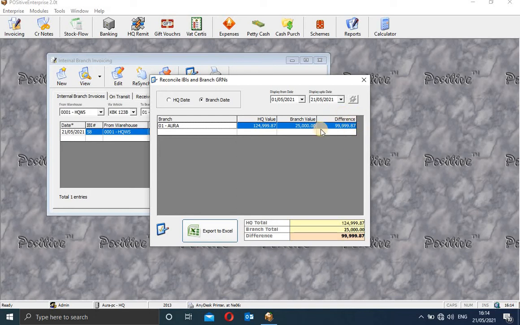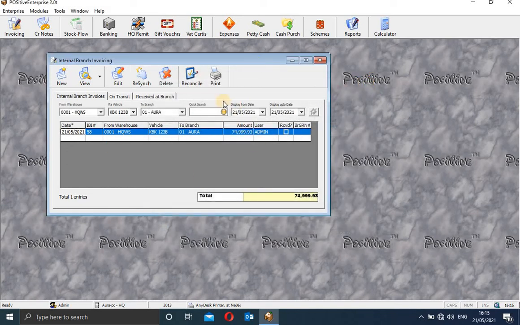So the branch has a variance of this. This needs to be queried to find where it went, so that the branch can give accountability. How come the stock reconciliation is not balancing? Why do we have a lot of variances? Of course, because this is a demo version, it is understandable. There are so many other things that I was raising that were not in line with the protocols of operation, but in your company, I know such things will not happen. So this is how you can do stock reconciliation in your business.